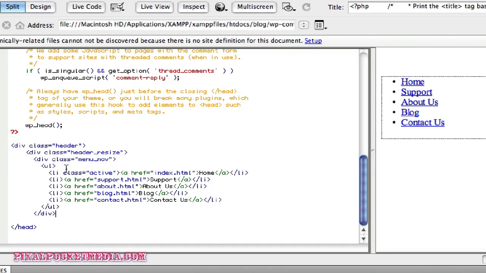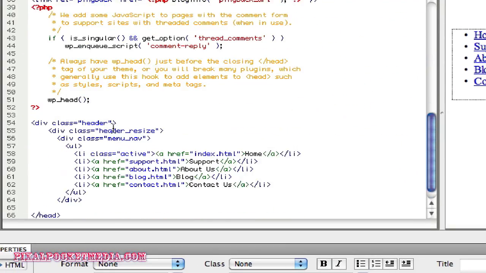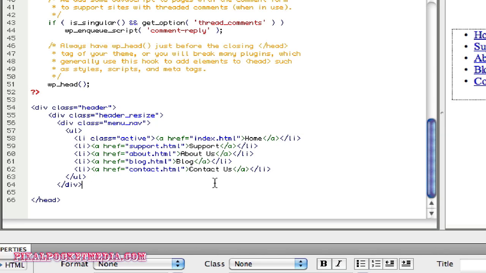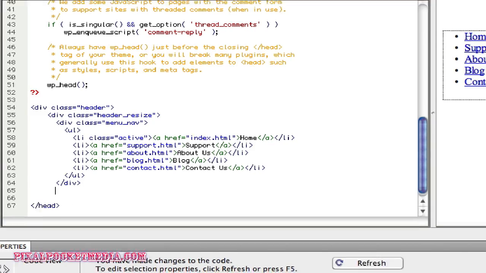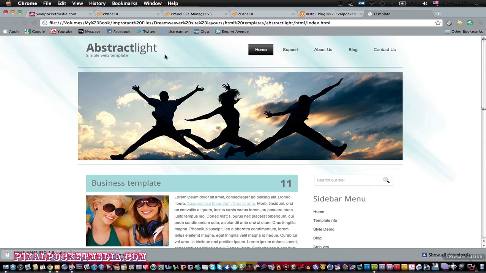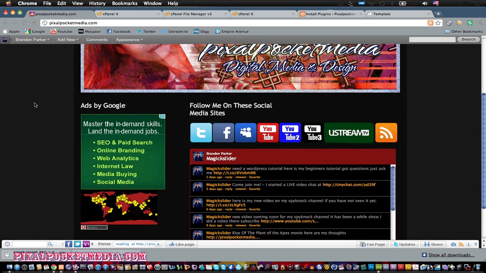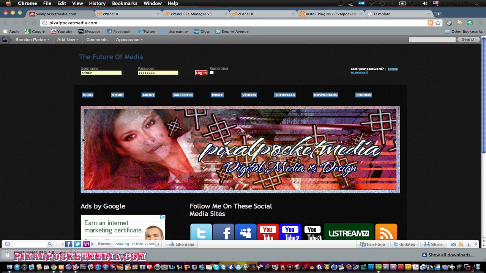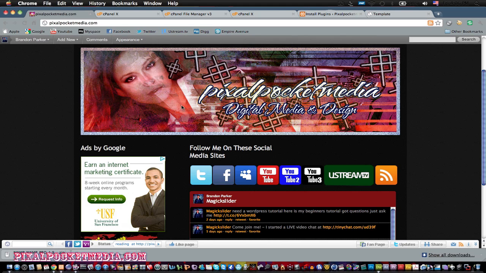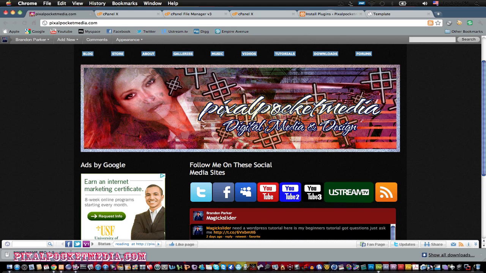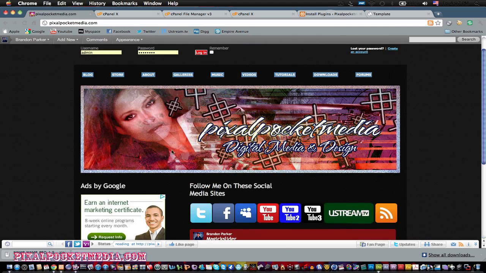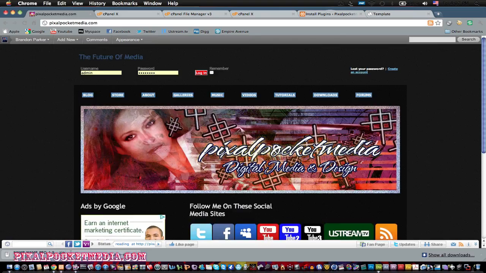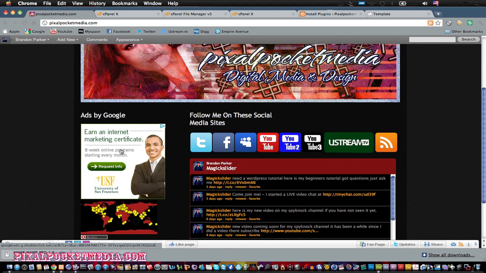This is pretty much what I have on mine. Other than I added a little bit more after the menu links. I'll show you what I added. Let's go to here, and on mine, after all this, I added like a special header image. I added that. I added linking to that. Then I'm linking to